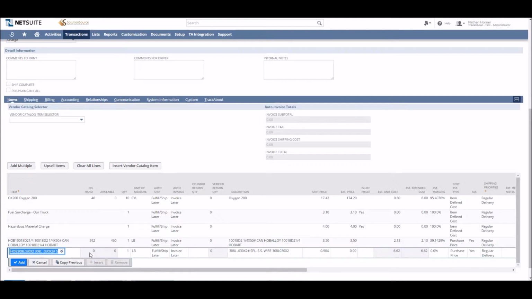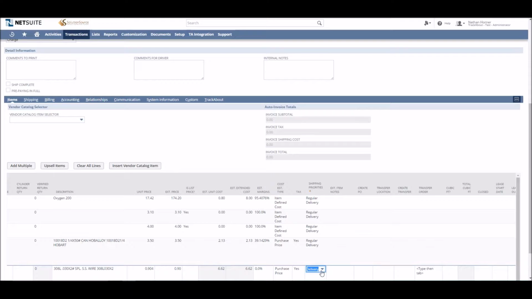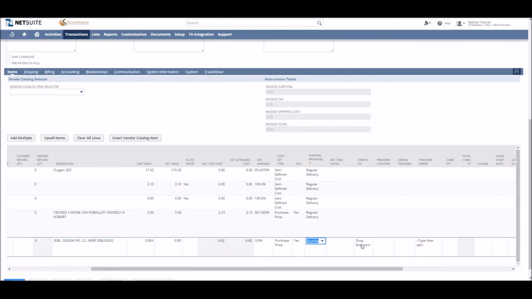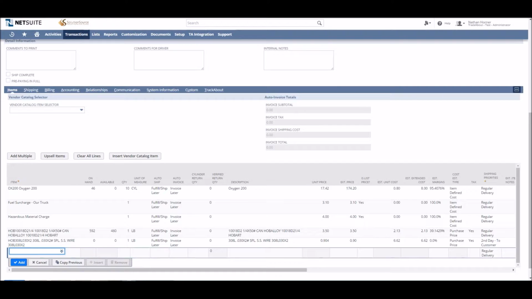And this item here, notice that there are none on hand and none available. So in this situation, we're going to drop ship it directly to the customer. So I'm going to change the shipping priority to second day to customer. And then notice how the create PO created a drop ship link. So on save of the order, a drop ship PO will automatically be created for this item, and then purchasing will be able to see that PO and then go in and approve it as long as the approval is